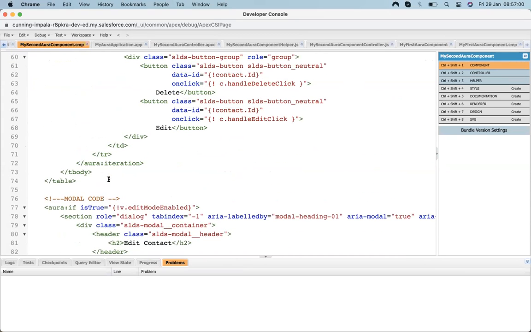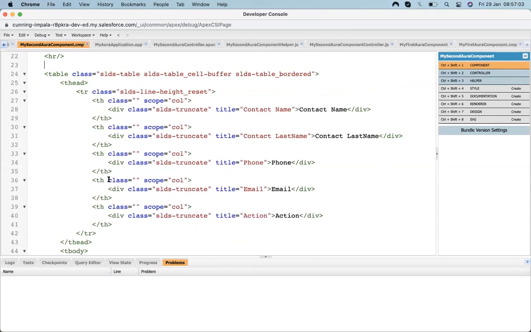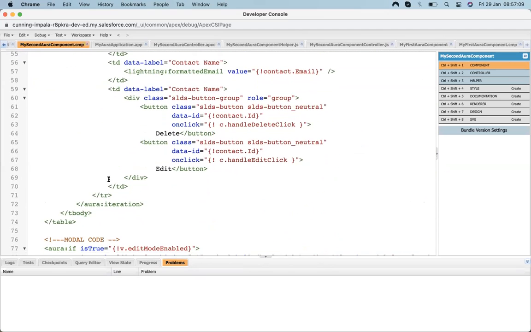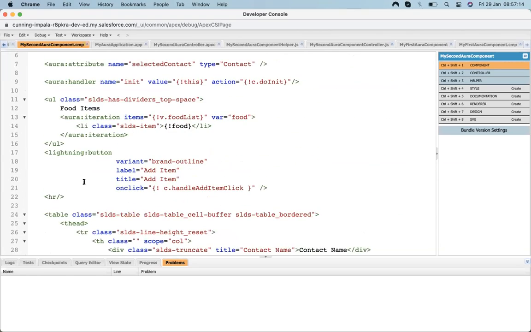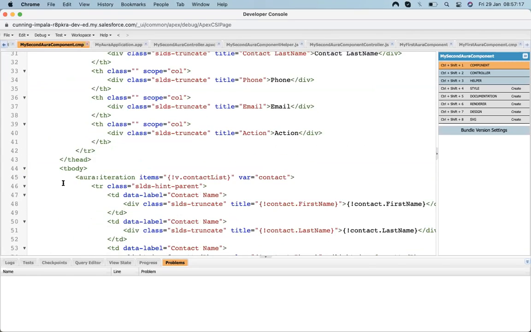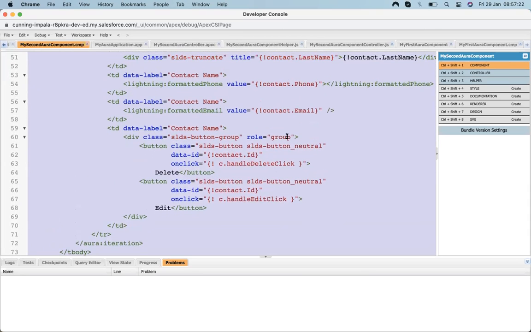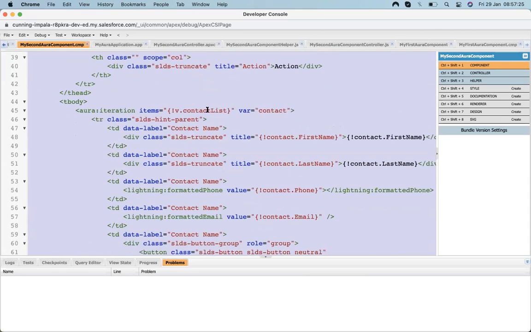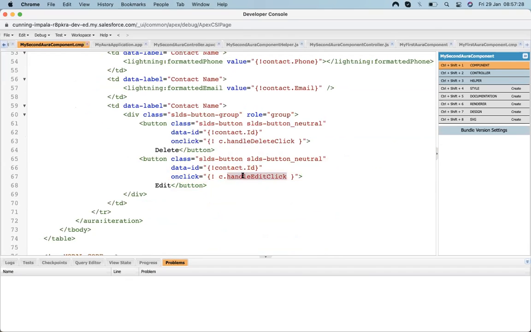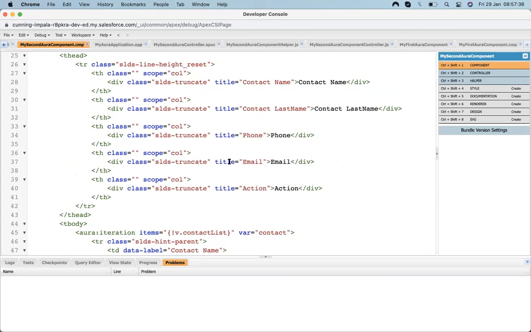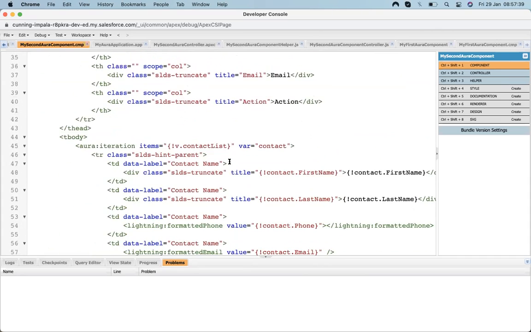In order to separate the lines, is there any way to do it from a different component class? I understand what you mean. Yes, you can separate it. You just copy this code to a separate component and handle all the situations. If I create a separate component, I need to handle the click and all those things, so I will demonstrate that afterwards, because it will take time to show how we can call a component inside a component.